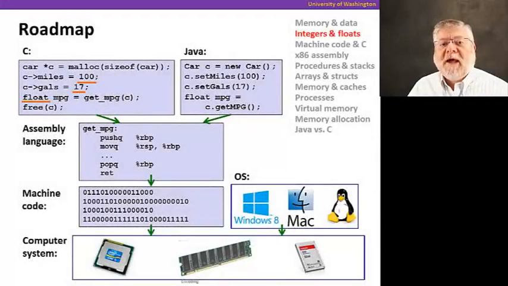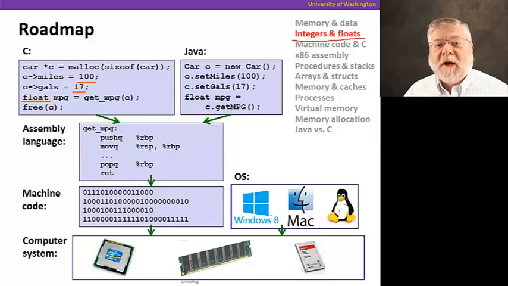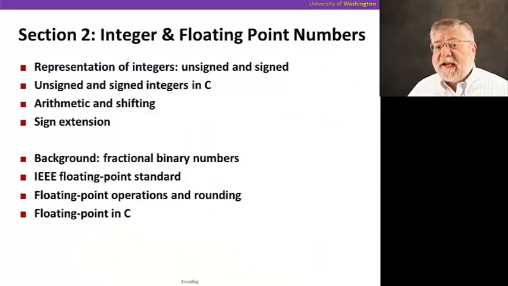Let's go back to our roadmap and look at the next topic that we'll be covering. We're going to focus next on integers and floats, the representation of numbers in memory. That's going to be an important precursor before we can look at all the instructions for manipulating data values. So this section is going to cover the representation of integers, both signed and unsigned, and how we treat integers